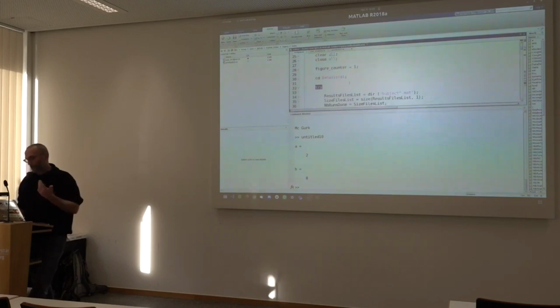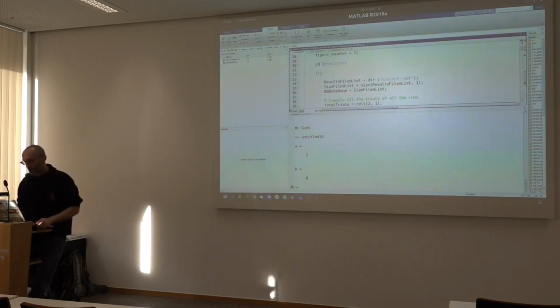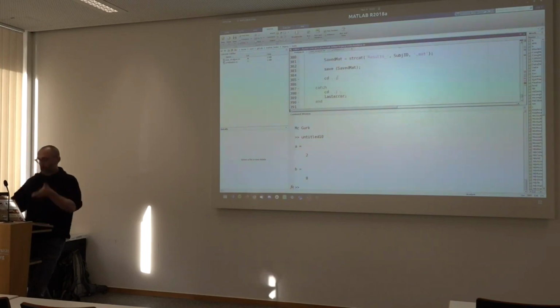So this is usually how you would structure things. Here I'm using it because I was afraid that maybe some error would happen. And if you go at the very bottom, I go like, just stop everything you do, go back one folder up, and lasterror will be the last error you encountered, just throw it again, right?